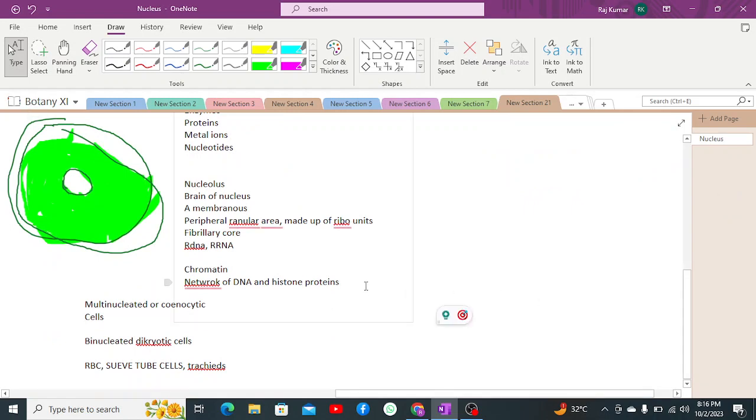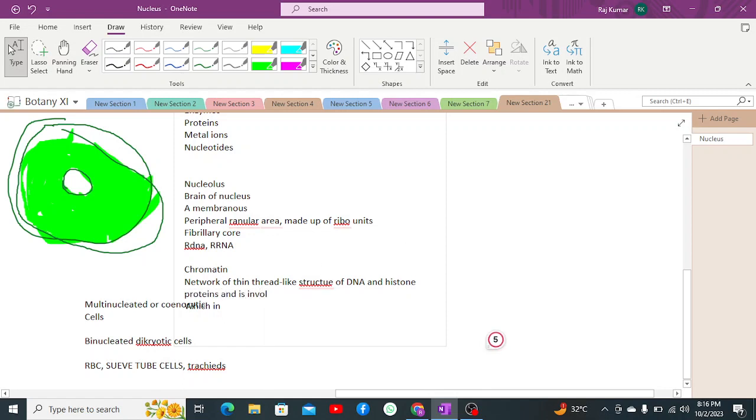It is a thin thread-like network, a network of thin thread-like structure of DNA and histone proteins,